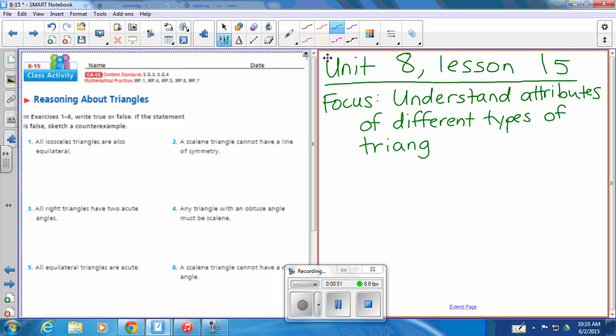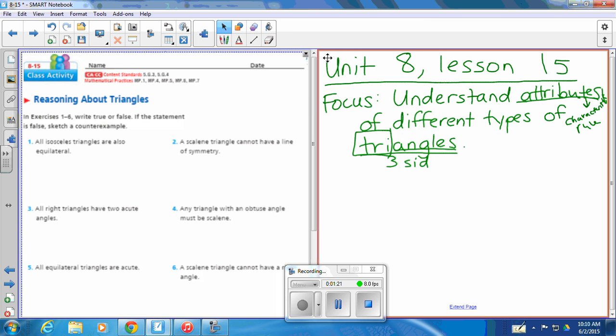Just to make sure we understand our vocabulary. A triangle has 3 sides because of the word tri. It has 3 angles, which means it would have 3 sides. An attribute is like a characteristic or a rule that it has to follow. Okay? So an attribute of a triangle would be that it has 3 sides. And we're going to look at 3 different